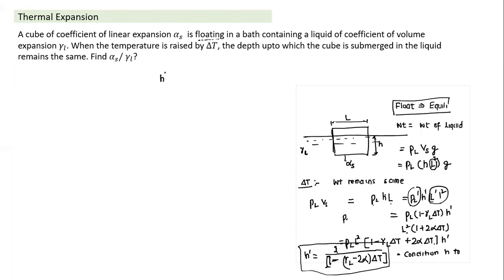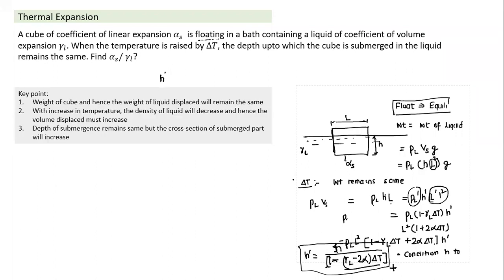Yes, understood. So basically, once I write this expression, I get H dash. If it has to rise, this term in the denominator, if gamma minus 2 alpha is positive, it means the whole term will be less than 1. And if the whole term in the denominator is less than 1, H dash will be greater than H. Jaideep, is this clearer now? Yes, sir, clear. Bhageshri, a little clear or not clear at all? Clear, sir.